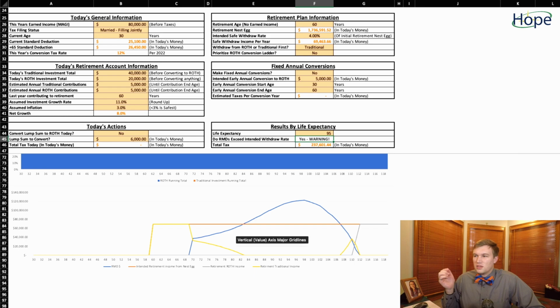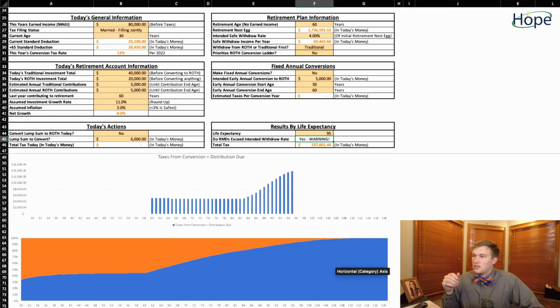And it ever increases until right around that point of 83, where required minimum distributions equals or exceeds their safe withdrawal rate. The blue line comes up and above this orange line. The orange line represents the intended distribution that they want to take out from their nest egg total. So if that blue line bumps above, that's when we get the little warning. Yes, your required minimum distributions are putting your safe withdrawal rate strategy at risk. You're not going to be able to follow it practically in retirement. Eventually, it does come back down, but we don't need to talk about that because it happens after 100 years old, and we said we are running this example for 95.